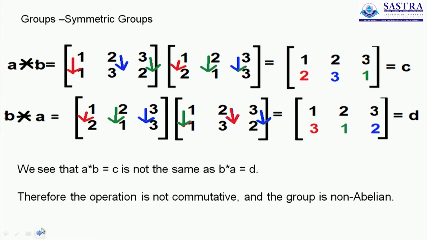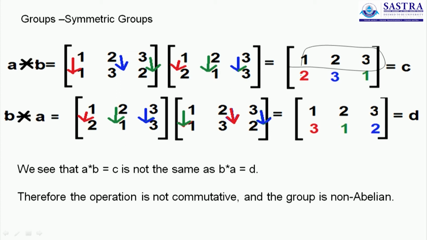Now to find the answer, we will first write the first row as it is. There's nothing to disturb with the first row, because the first row only indicates how it is rearranged. So for any permutation, the first row is always 1, 2, 3, 4 up to whatever number. It's the second row which actually tells you how the shuffling or rearranging or permutation has been made. If you look at this, this is how the operation works.